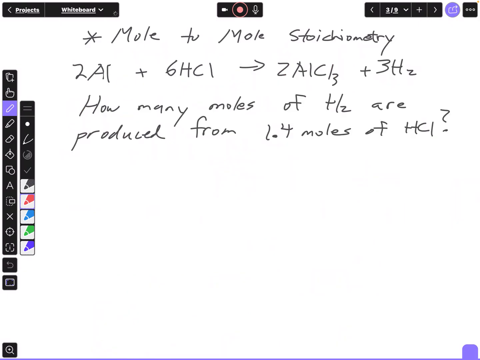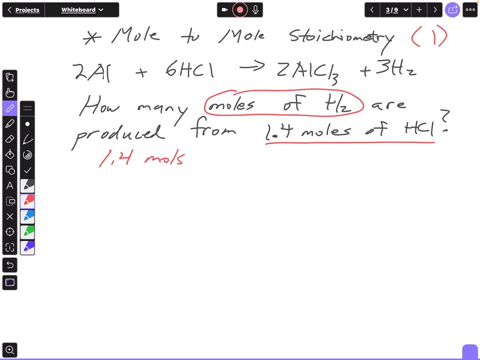Now, if we look at next, mole-to-mole stoichiometry, these are our one-step problems. All right? We do not have to convert to grams or convert to moles in the beginning. We're already in moles. We're going from moles of one substance to moles of another substance. So it's asking me how many moles of H2 are produced from 1.4 moles of HCl. So I'm given 1.4 moles of HCl, and I'm trying to go to moles of H2 that would be